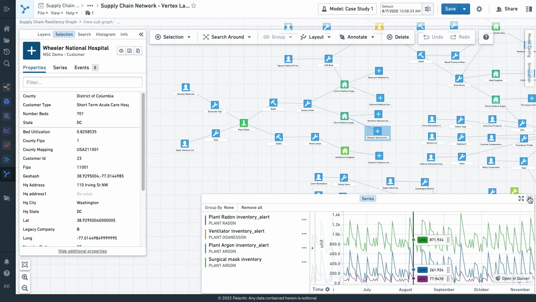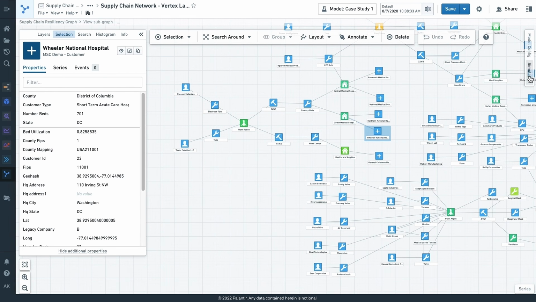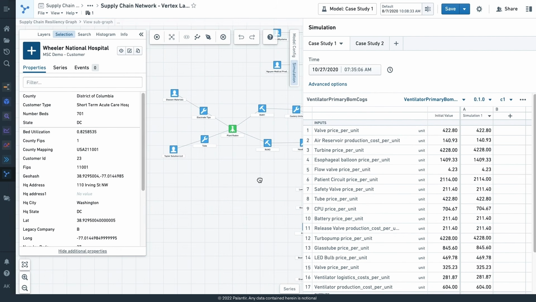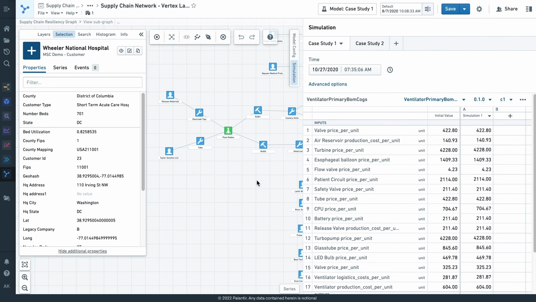And so what we can open up here is a simulation tab to think about running those simulations, those scenarios, directly on top of sandbox versions of your world, right? Of the full ontology. And so we can simulate directly here, given that we have the data and the models connected, what would happen if that supplier went offline, for instance? And you can run these simulations as contained case studies.